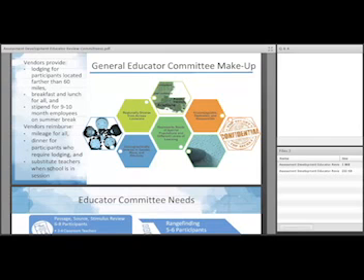Notice that there's nowhere on here that says they need to be state teacher of the year. Not that we would not accept a state teacher of the year, but what we're looking for is a good representation of the state.